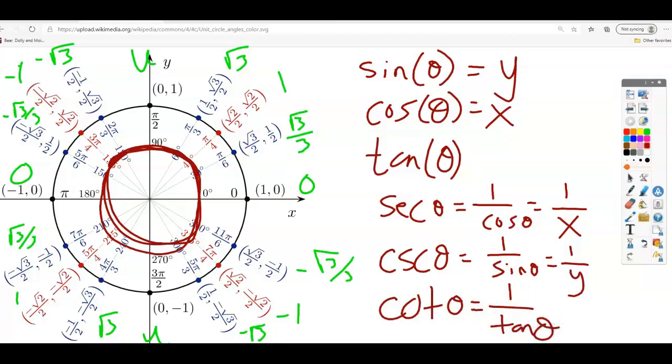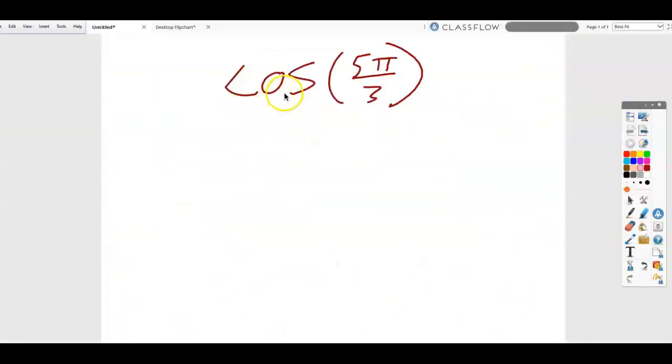Okay, so we need to know those things to do the exercises that we're about ready to do. So let's go ahead and do a couple of these problems real quick here. So let's suppose for a second I asked you, what's cosine of 5 pi over 3? So the first thing we're going to do is notice that it's asking for the cosine. So they're asking here, what's the x value